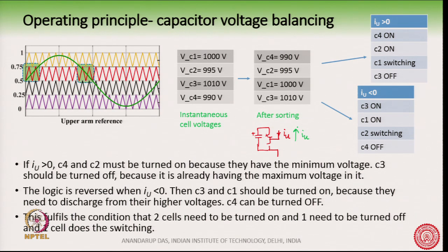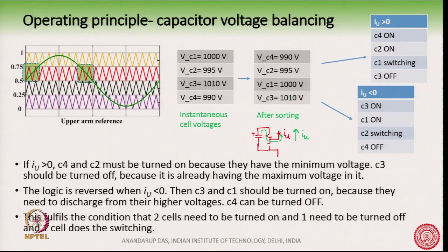You see, when the direction of current IU is like this, the capacitors will discharge. So, I will of course try to discharge C3 and C1 because they have the highest voltage, right. So, I have made C3 fully turned on and C1 fully turned on here, because with that I will be able to discharge both C1 and C3, since the current direction is this way. The current is going out like this, so the capacitor voltages will discharge. Therefore, C3 and C1 have to be turned on because we want to get